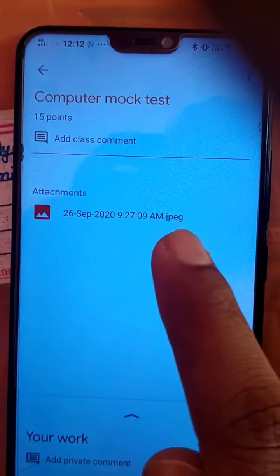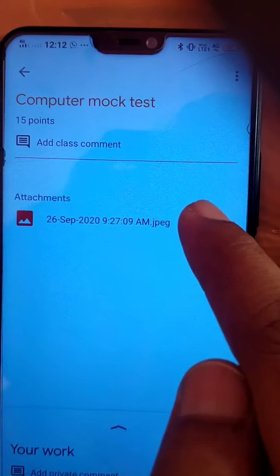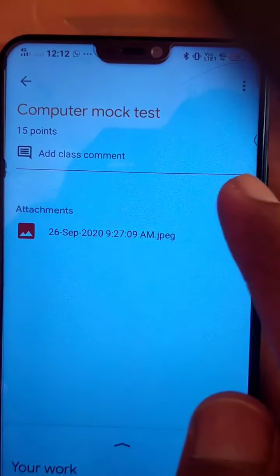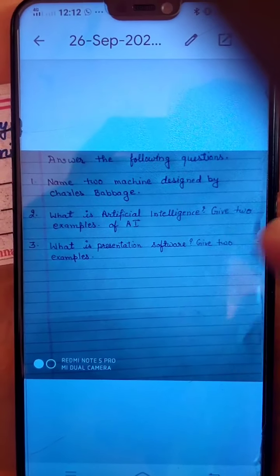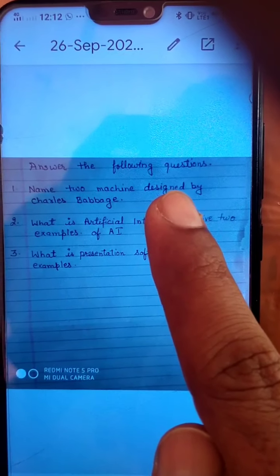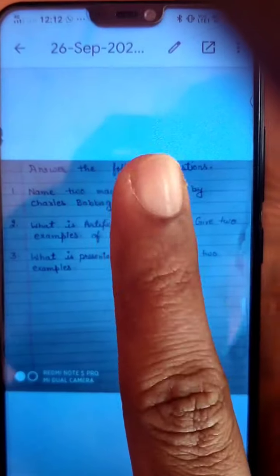When you click on it, you will get a scan PDF here. You have to click on that. One question paper will appear on your screen. This is the question paper, your examination test paper.